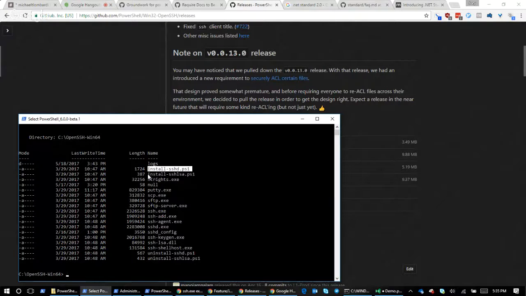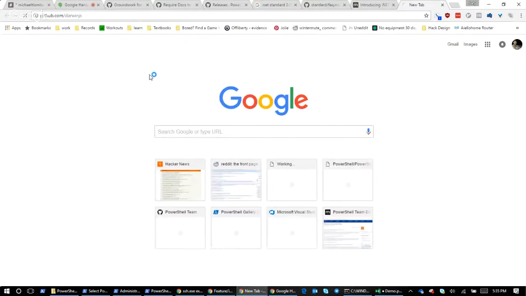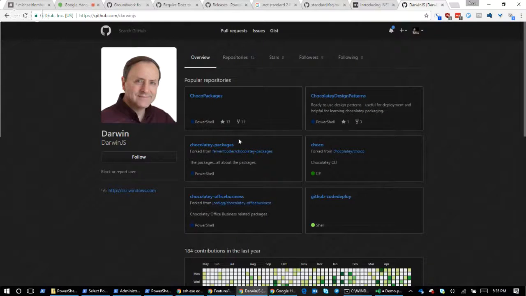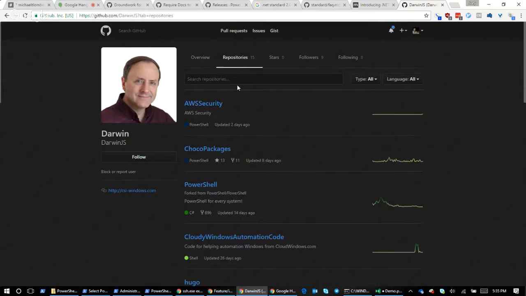If you want key install, you install SSH LSA. I'm getting there, don't worry. So Darwin.js, awesome dude. In his GitHub repository, and I think we're going to try and get this integrated into the mainline repo at some point, it's not just a Chocolatey package. It's actually like an uber installer script.